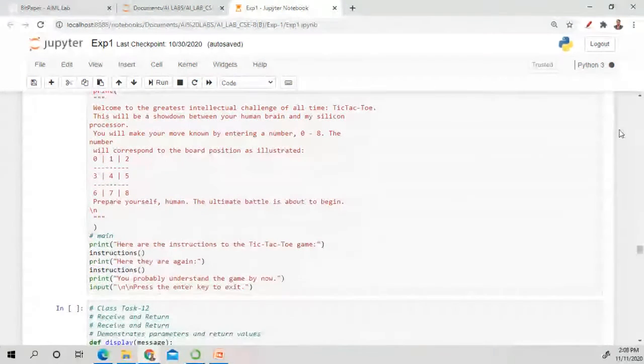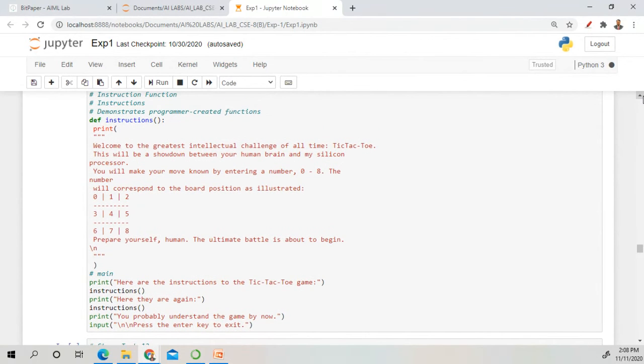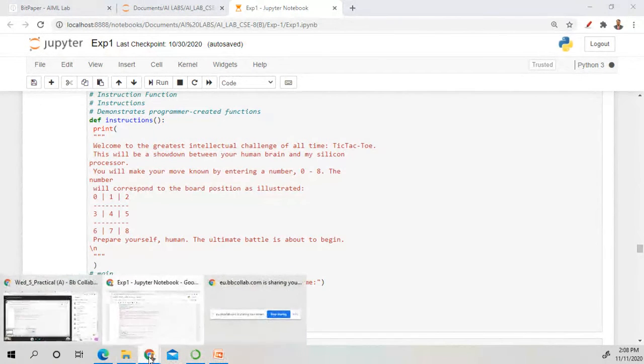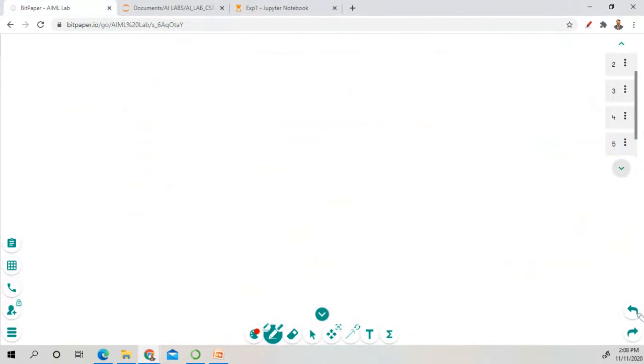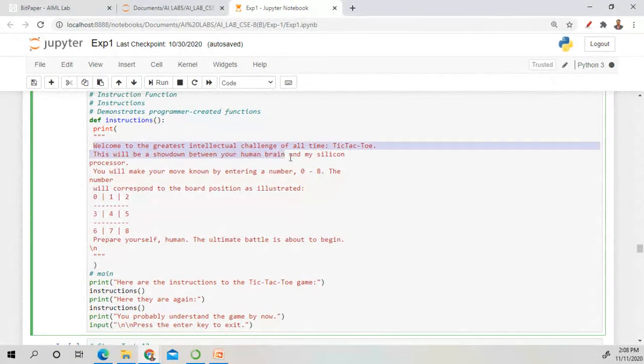In this task, we are going to demonstrate a program created using functions. Okay, so let's understand this task first. What we are going to do in this program. Let's suppose that we have some values, like here we have to give some instruction points to the user.